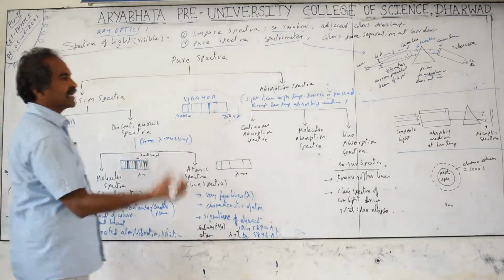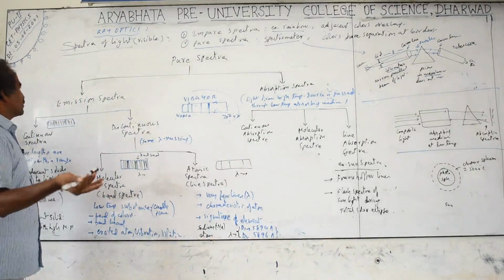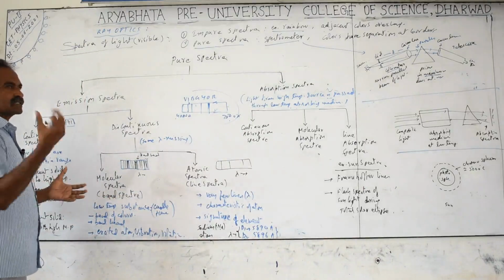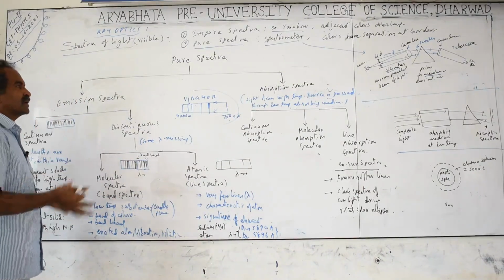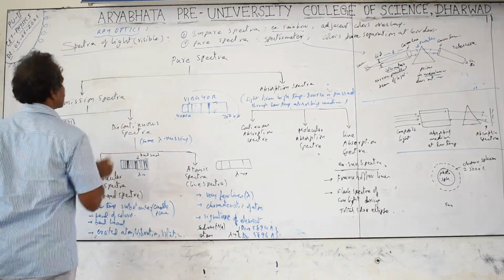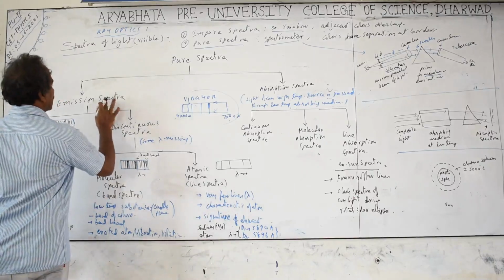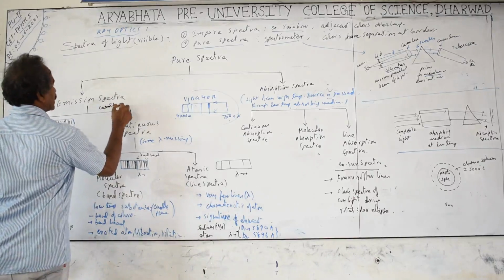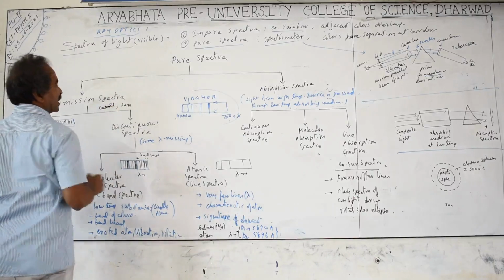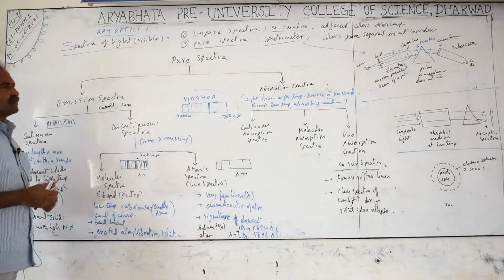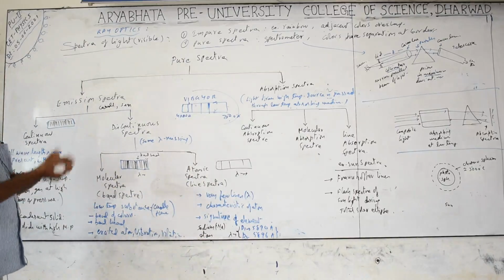The materials that emit the spectra are called emission spectra. In the sunlight, the sun is emitting the light, so that is the emission spectra. If you take the candle light, candle, sun, etc., anything that is burning, what is happening during the burning process is the atom gets excited, electrons jump